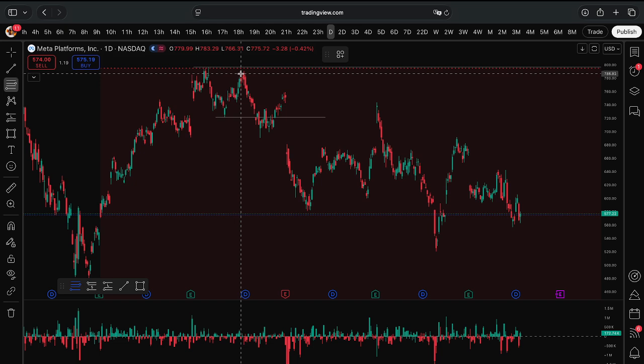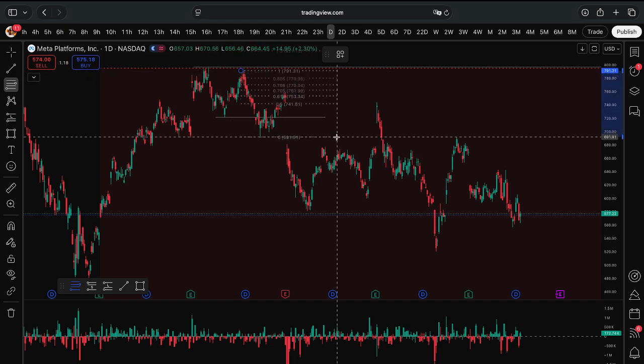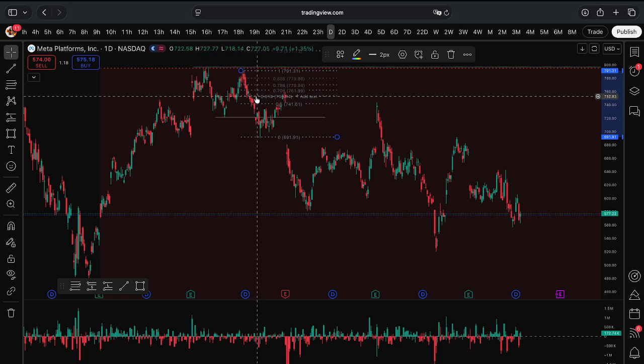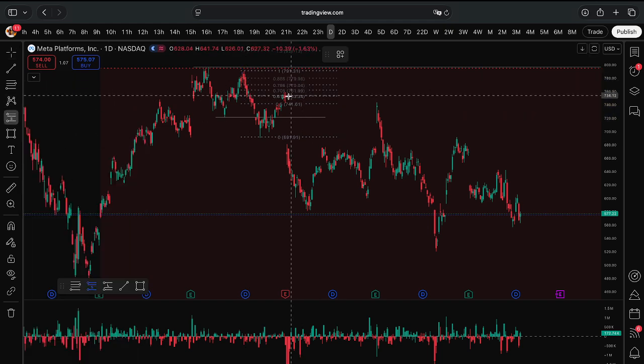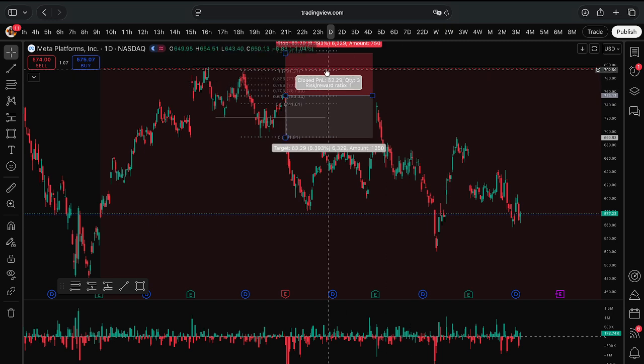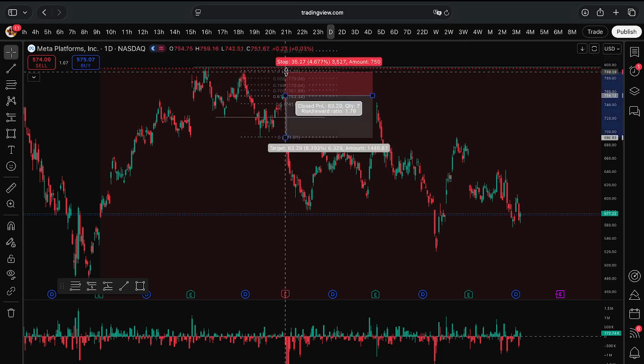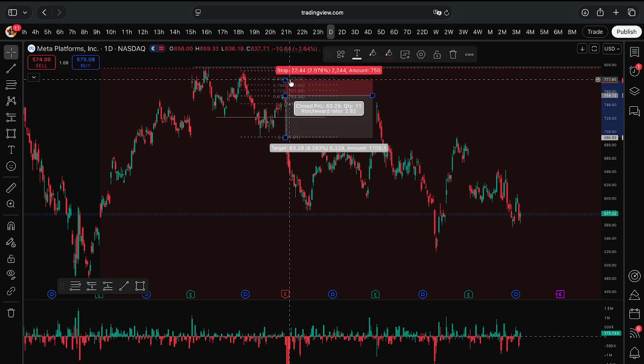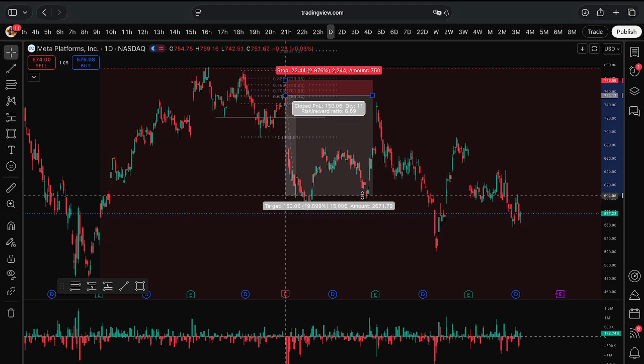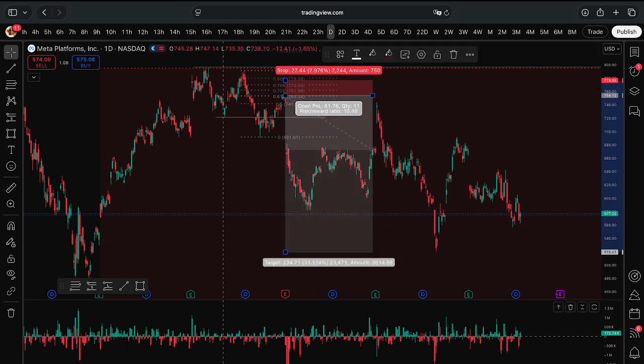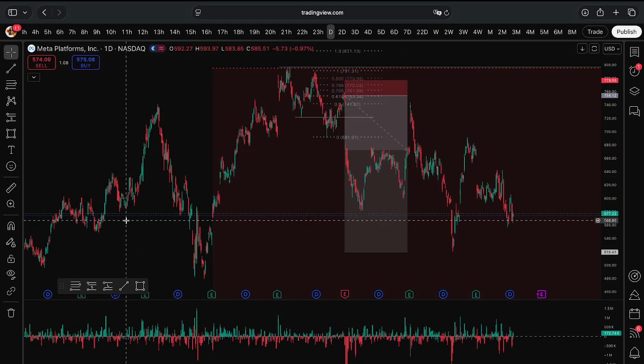So what you could do is put a fib here. Usually you see it's the GP. This is kind of like an old demand supply base, and this is like an auto block as well. So what you could have done, if you want to play very safely, is put your stop here, maybe something like this, depending on your risk tolerance, and then you're aiming for, let's say, some hot lows, for example,